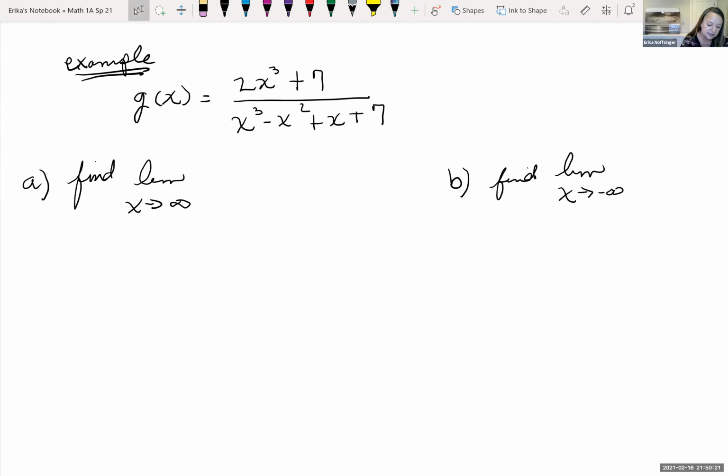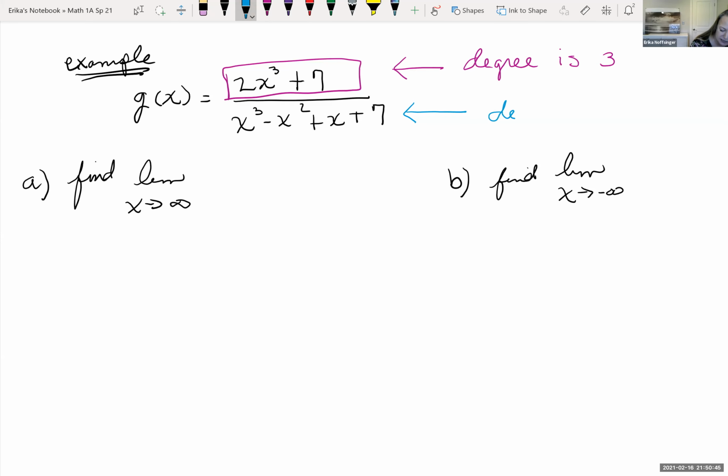So looking at this, I would look at the degree of my numerator and the degree of my denominator. If I'm looking at the degree of this numerator, the highest power is 3. If I look at the degree of the denominator, the highest exponent is also 3. And so, if they're the same,